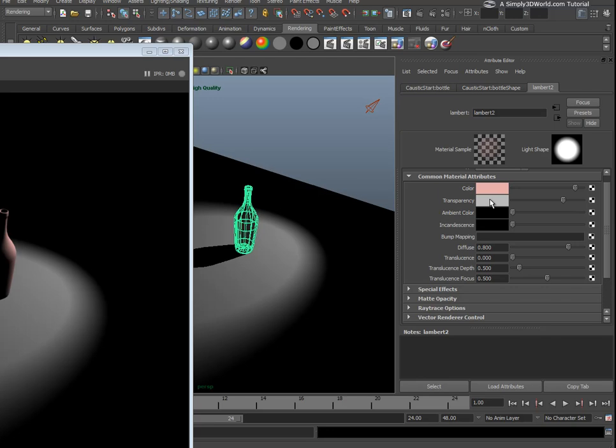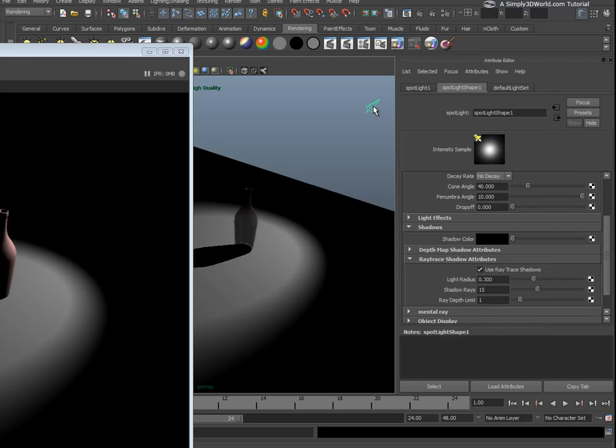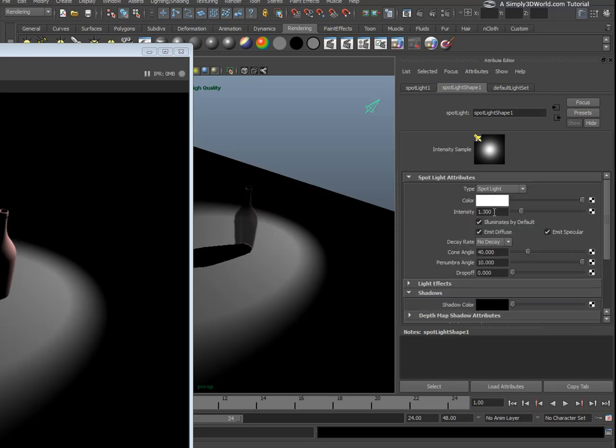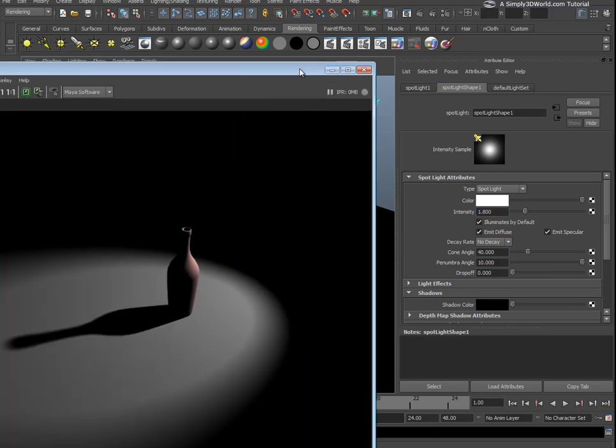So if we just go in, I have my Lambert here, so we're going to turn up the transparency, and you can see now in the viewport that we have a transparent object. I might set my intensity up a bit so you can see this a bit better. And if we go in now and we render this,